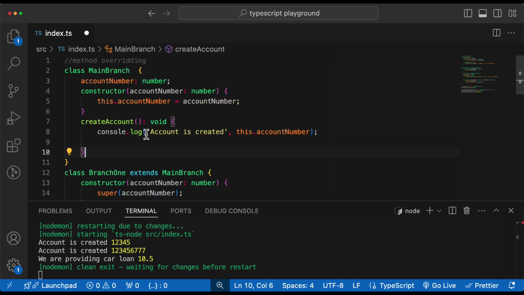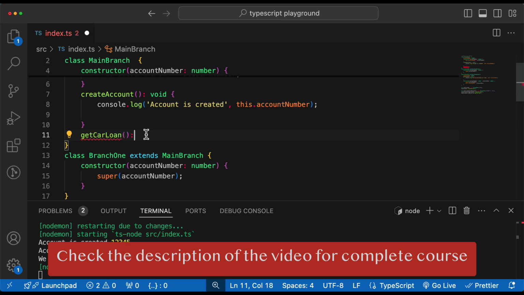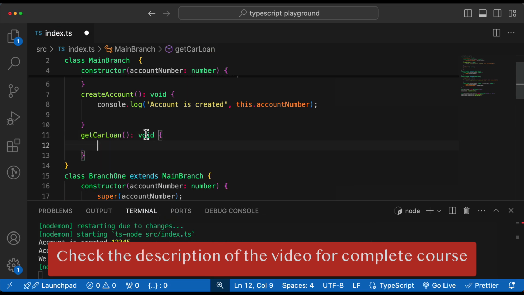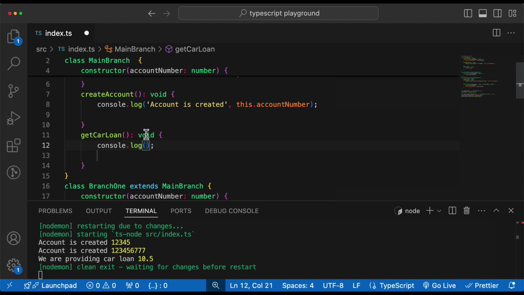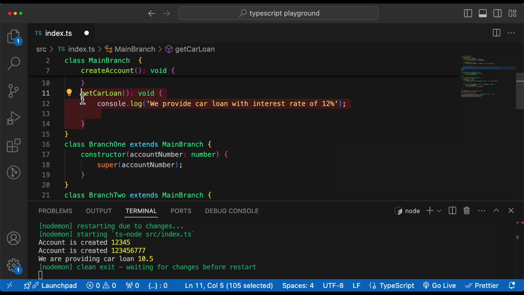The main branch also provides a feature for car loan. Get car loan is going to return void. I can provide the implementation. Just log this to the console. The main branch provides the car loan with an interest rate of 12%. Now the branch 1 and branch 2 can override this get car loan method, and they can